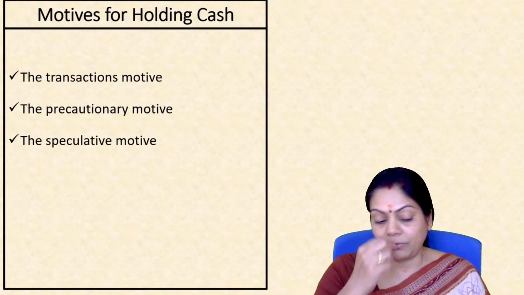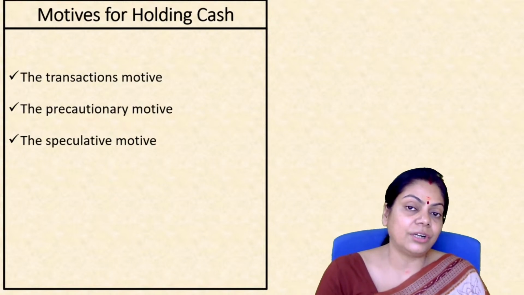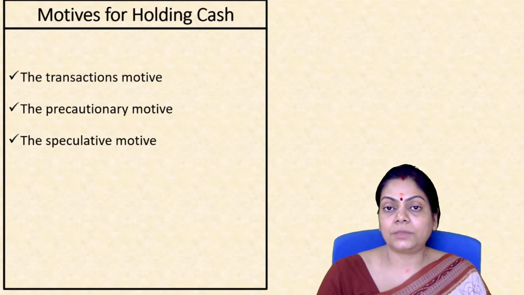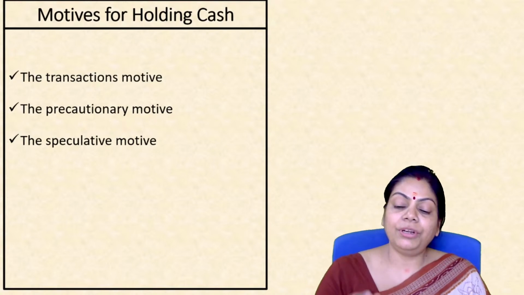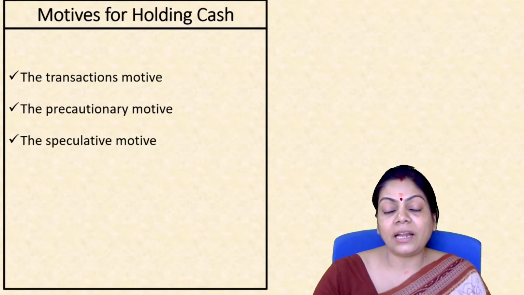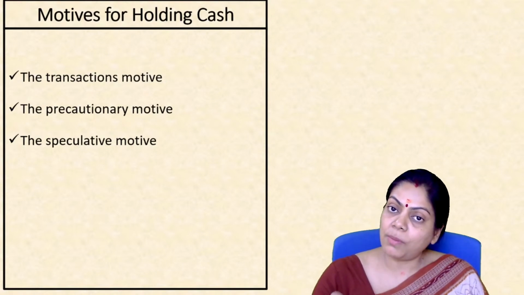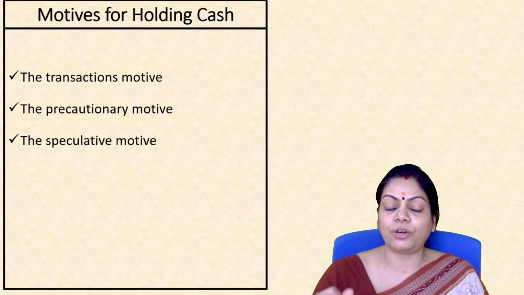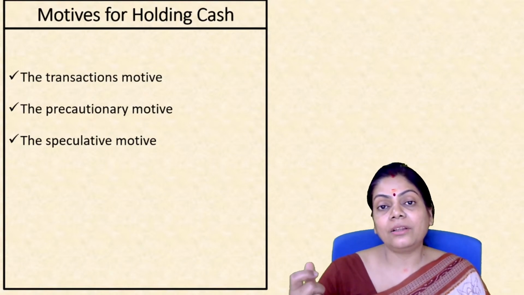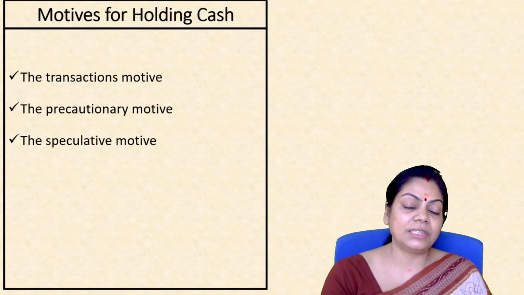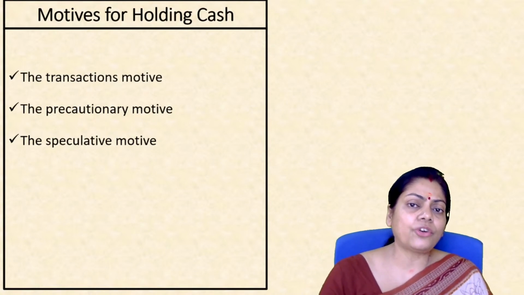So when we are dealing with this kind of uncertainty, we talk about precautionary cash holding. We need cash for the transaction motive, to pay bills and all that. Then over and above that, we also hold some amount of cash as precaution. Then the last category of cash that we hold is for the speculative motive. For example, that is to earn short-term profit.